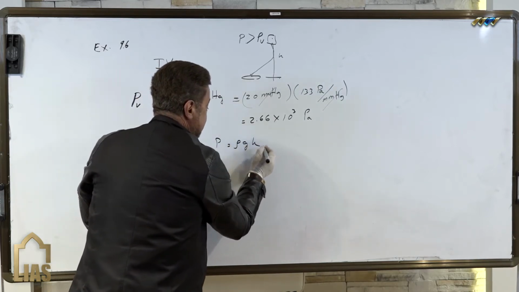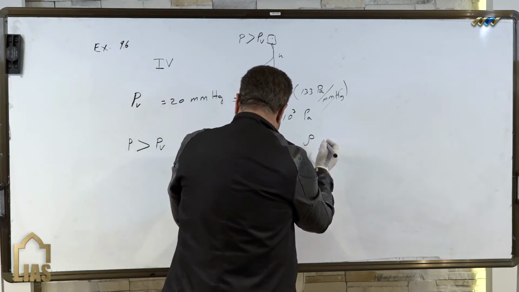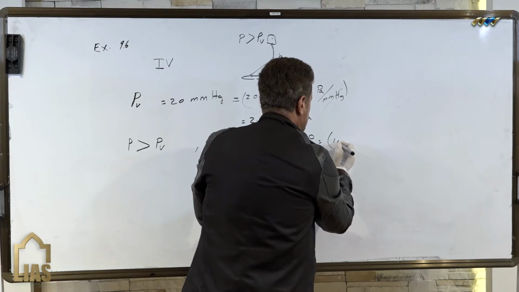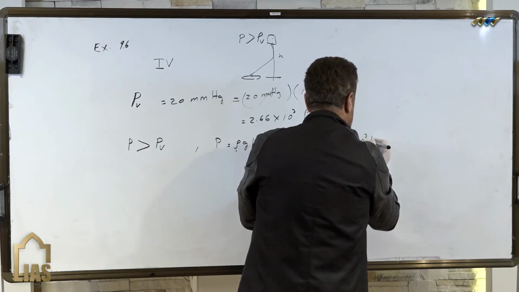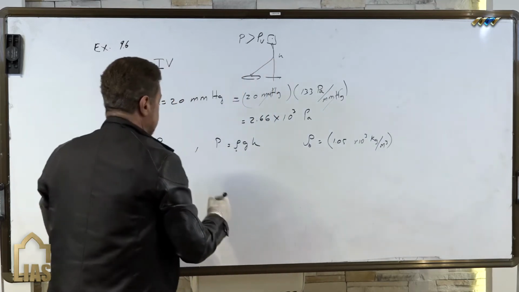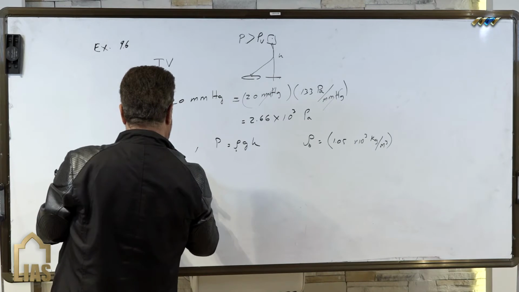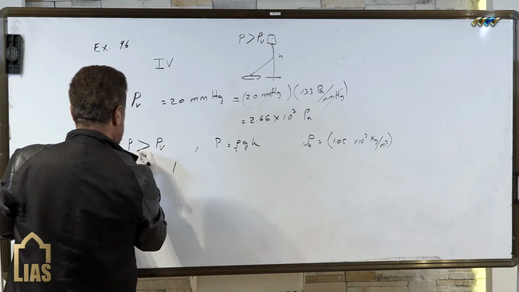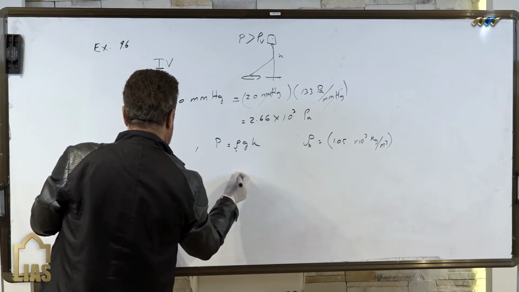rho g h, rho of the blood, rho of the whole blood. The rho of the whole blood is 1.05 times 10 to power 3 kilograms per meter cube, it's in the front, in the list. This is the mass over volume. Then h is P_V, which is, we say, greater than P_V over rho g, which is